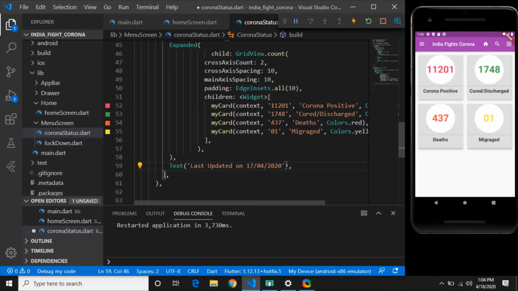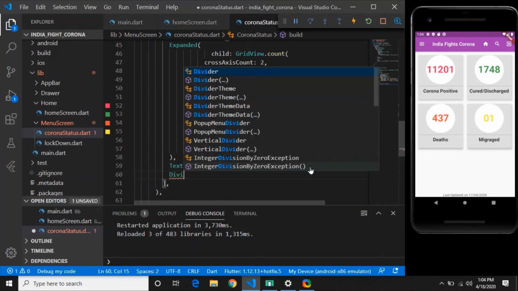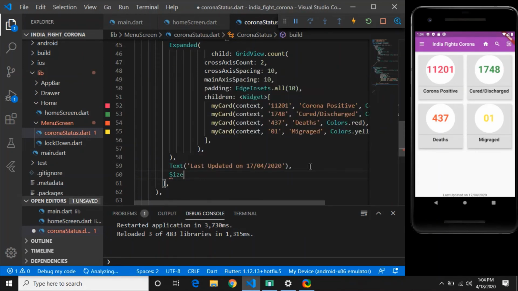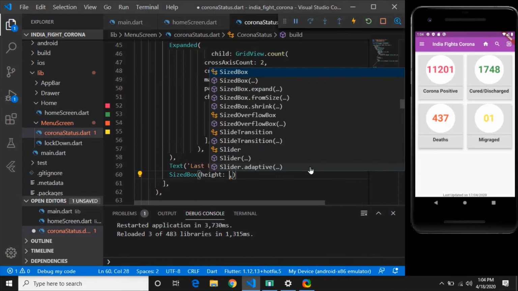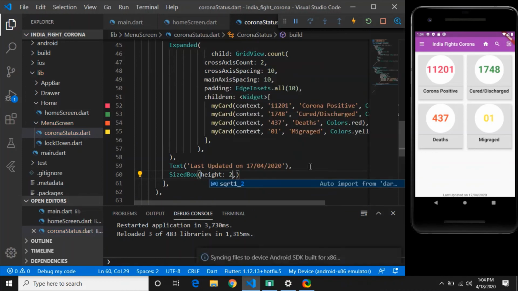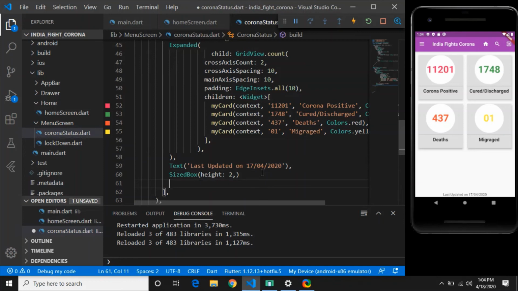If you save this, you can see that last updated at the bottom, and below that we will have one divider, or let's say SizedBox. If you haven't heard of this, SizedBox will just give some spacing, so you can mention the height of, let's say, 2, and it will give a little bit of height. And after that I will add the card.